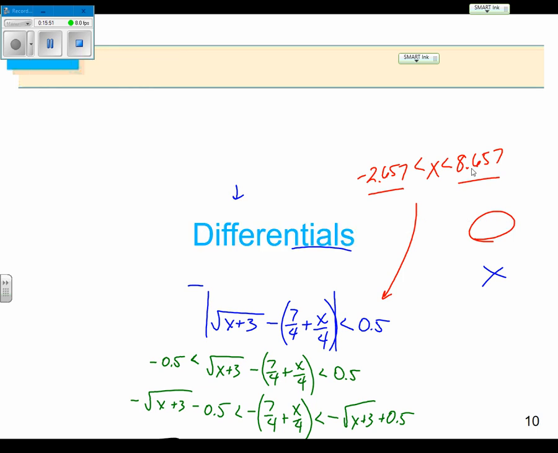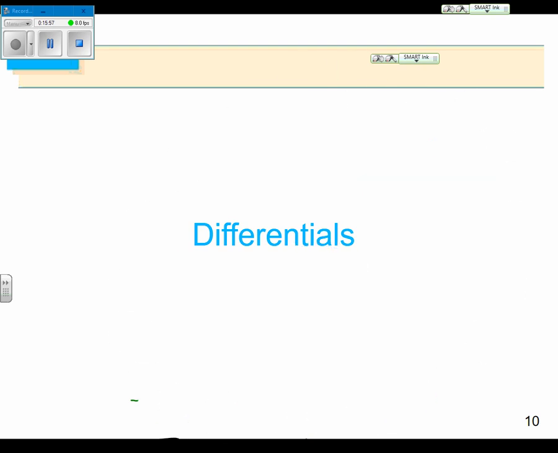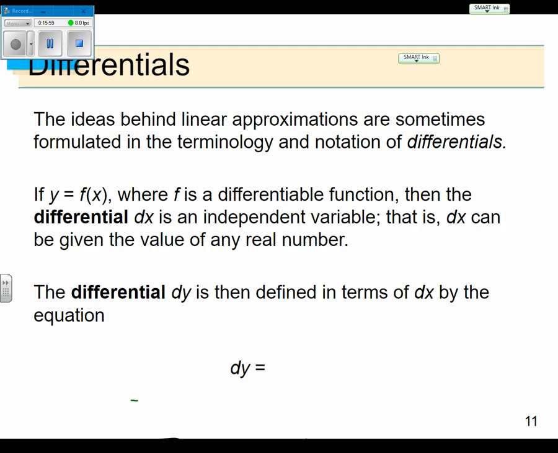Okay, now I want to touch on differentials as well. Differentials can be used a lot in the same way that we did linearizations. However, I have more students that like to use differentials than they do linearization. So the idea behind a differential,